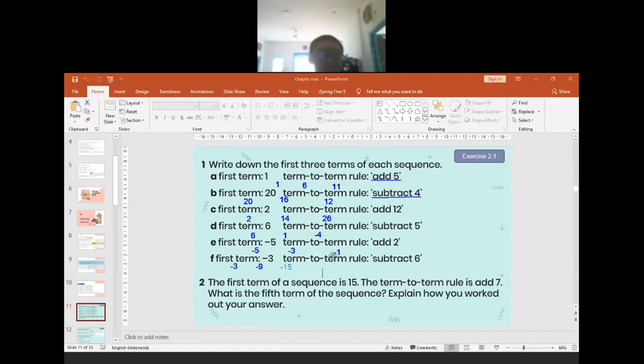Or maybe I talk too fast? For those who are confused, which part is making you confused, please let me know. For the first term, I just copy and paste. After that, I need to read the rule. When it says add 12, I just need to plus 12 to find the next number. For the next number again, I plus it by 12. Do the same addition or same subtraction depending on the given rule. Is there anyone still having a question?